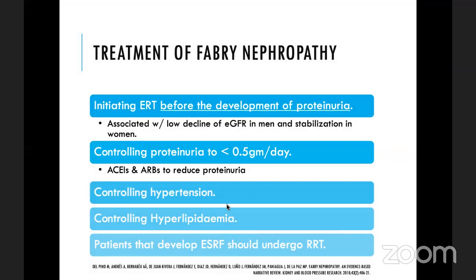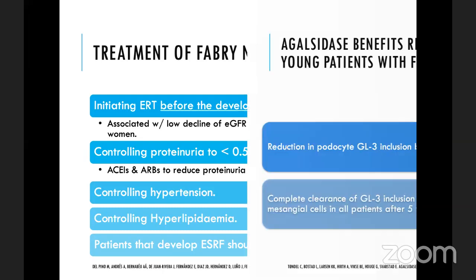Treatment of Fabry nephropathy. Initiating enzyme replacement before the development of proteinuria is very important, and controlling proteinuria to less than 0.5 gram per day with the help of ACE inhibitors and ARBs to reduce it. Controlling hypertension and hyperlipidemia, and renal replacement therapy in patients who have already developed end-stage renal failure, is the treatment